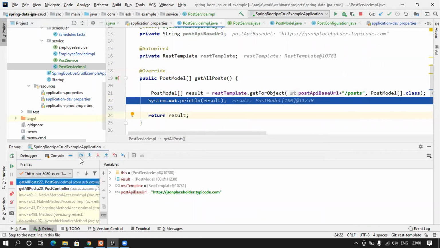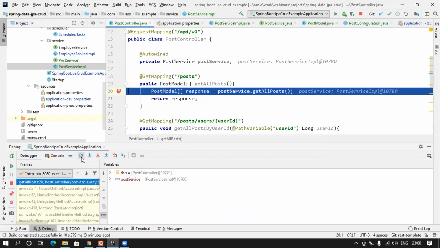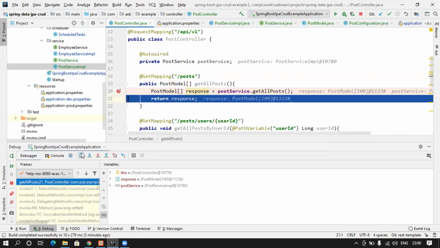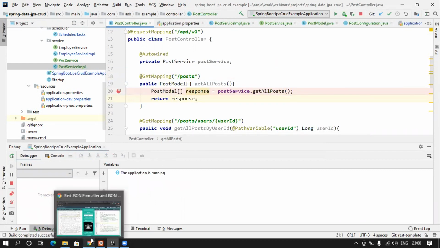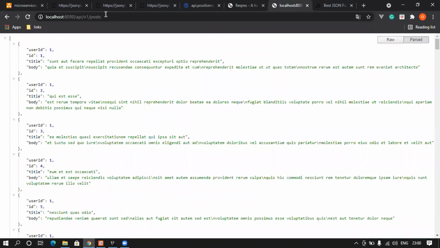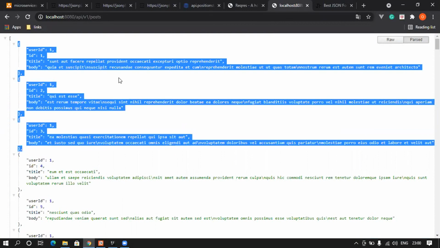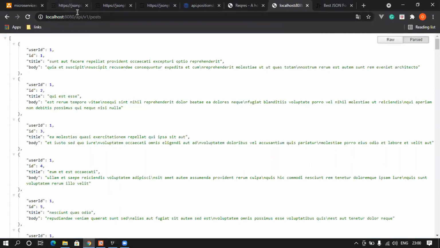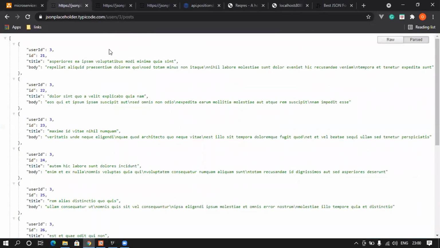So now if I go further, now I am back in my controller layer, and it will be basically returned as a response. So let's check. So this is what we see. Exactly the same data what we used to see directly from here. But now what I want is not only this, we also want to